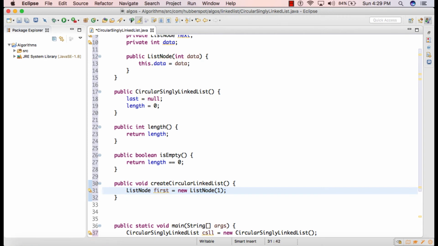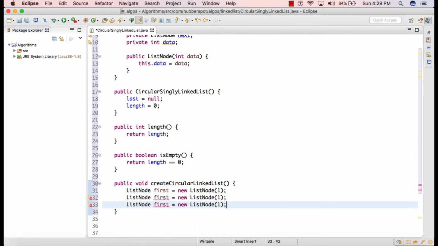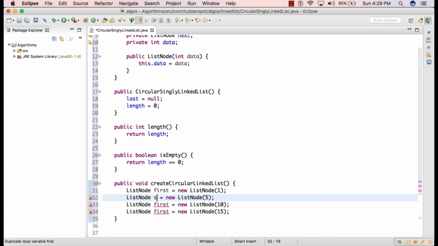I'll copy this. Let's say I give data as 5, 10, 15, and I will change the name as second, third. So friends, we have created these 4 nodes.